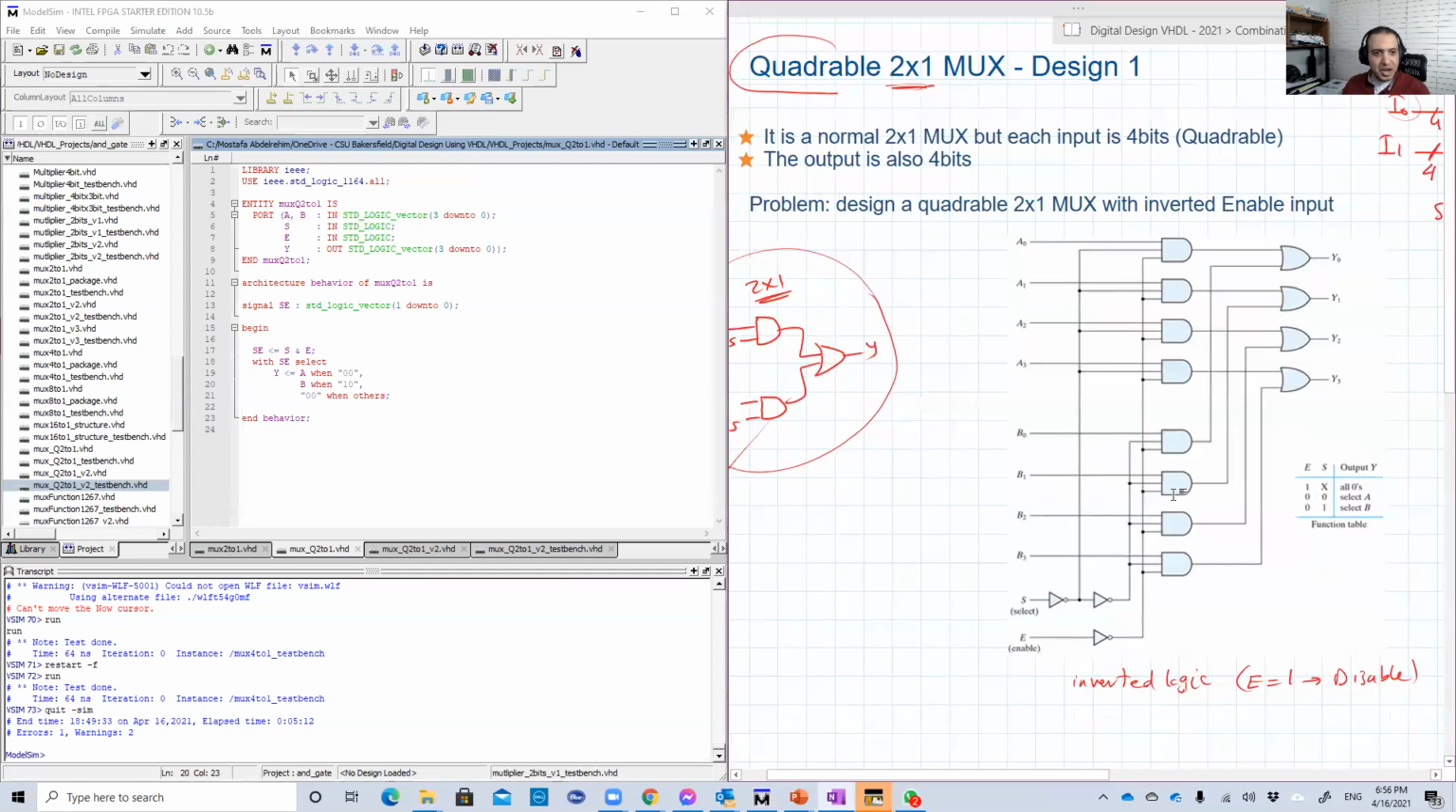It's really easy to implement. Although it looks big here, as we will explore right now, it's really easy. We're again going to implement it using with select when. This is a really powerful, generic statement in VHDL. So the truth table says if E is 1, because this is the enable with inverted logic,